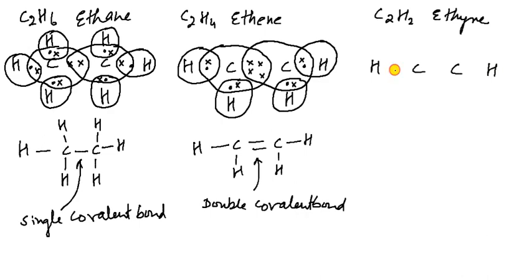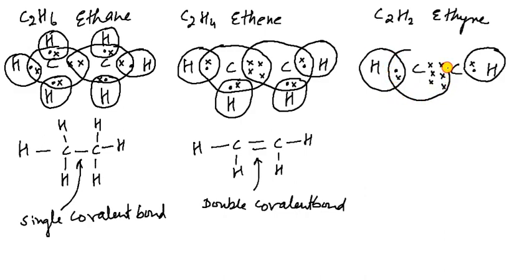Now come to the C2H2, that name is ethyne. So what happens in this? One hydrogen, one carbon, and another carbon, and one hydrogen. Hydrogen has only one electron in the outermost shell, but carbon has four electrons, 1, 2, 3, and 4, and here also 1, 2, 3, and 4. Now hydrogen shares with one electron of the carbon atom, and carbon shares like this, and this carbon is also sharing like this.